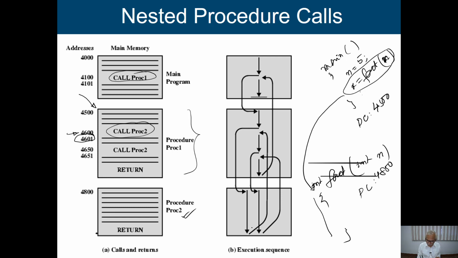So after completion of this point, I come back here and execute the remaining portion. Again here I am calling procedure 2, I come to these things. After completion of these things, we come back to this particular point. I execute the remaining portion. When I encounter the return point, then I come back to this particular point, that means the 4101 memory location, and I finish the remaining portion, and this may be the end of the execution. So if we are going to provide such types of facilities, then what will happen?